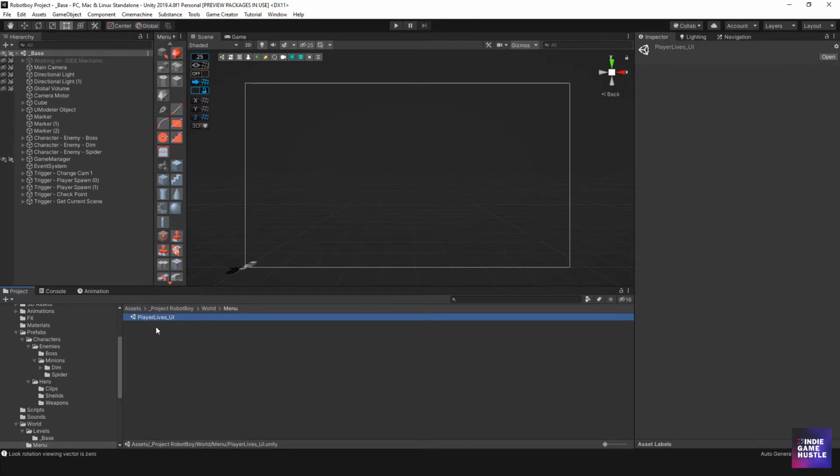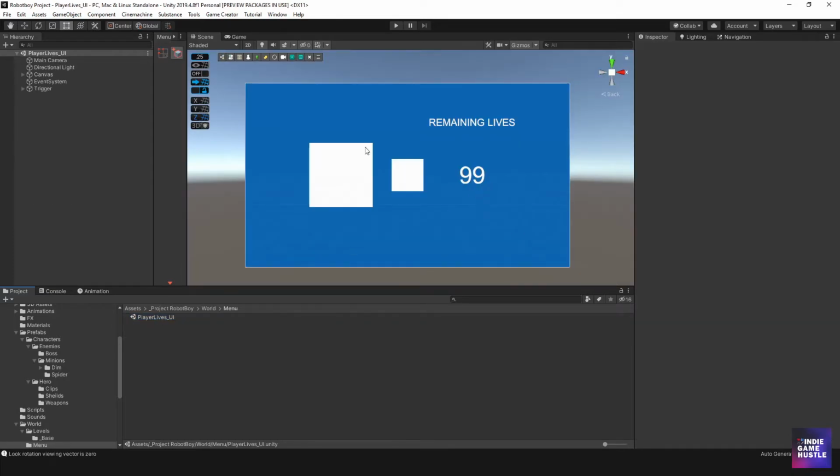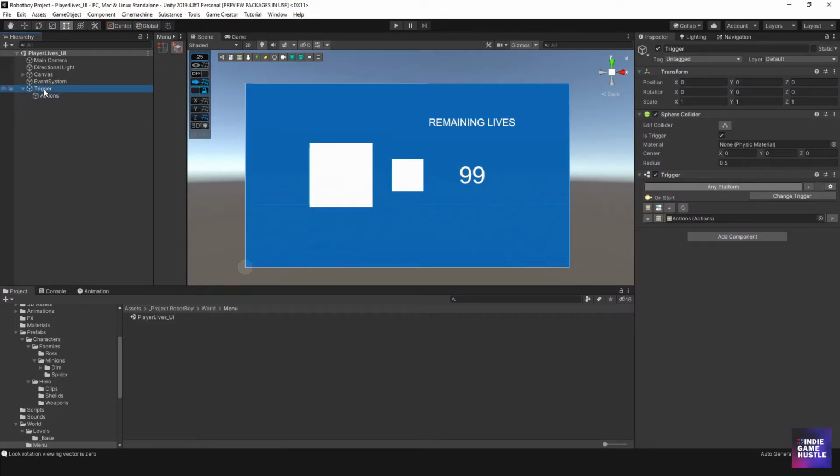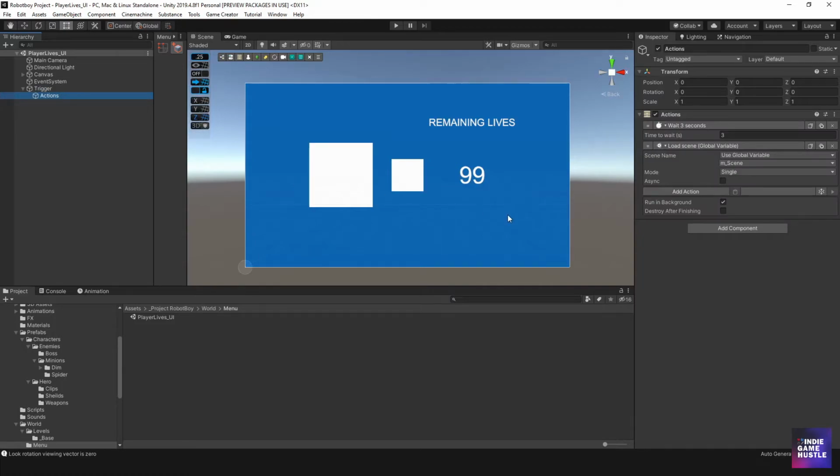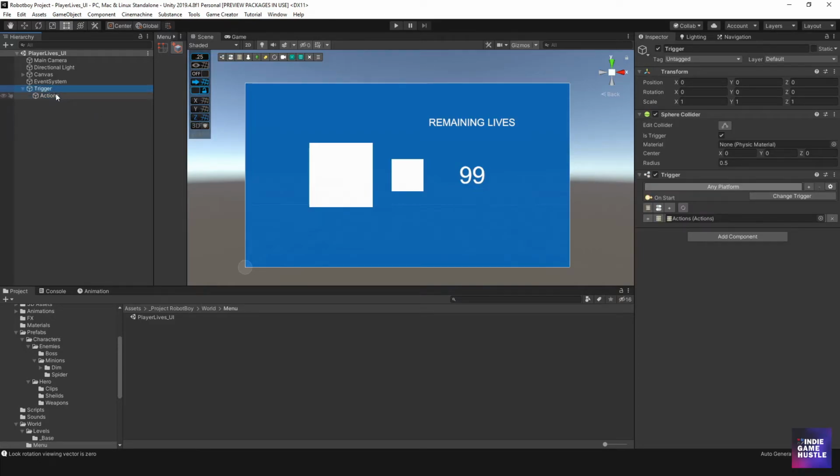Okay. And I'm going to go to Players Live UI. All right. So here, what we want to probably think about is on start, it's going to display the lives. And then after a few seconds, I want it to then change that value. Okay. So in the actions, we have it wait 3 seconds. Okay. And then I want it to, let's see here. I want it to,